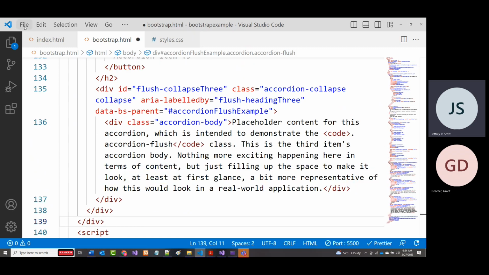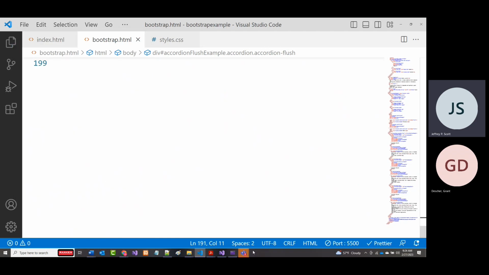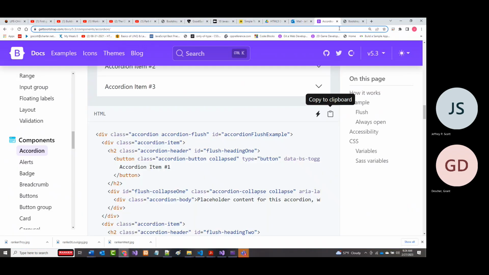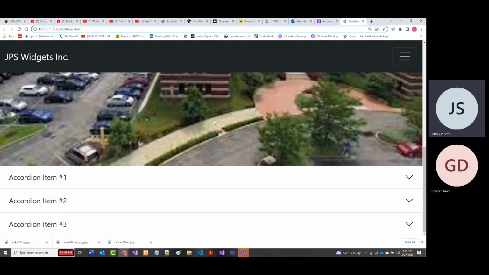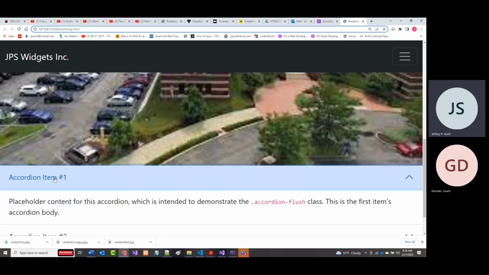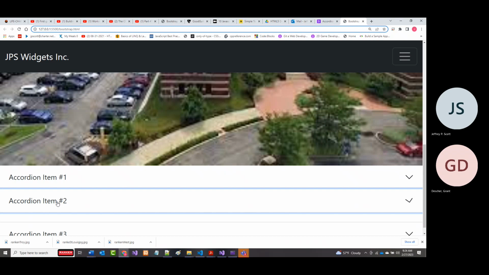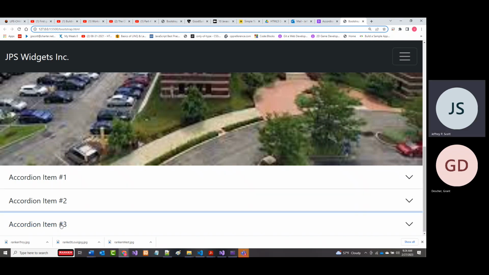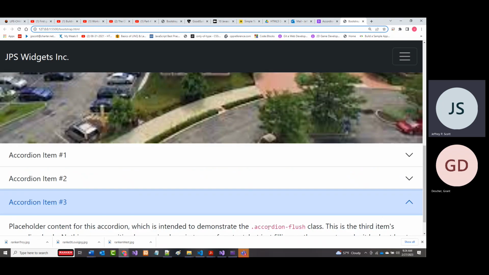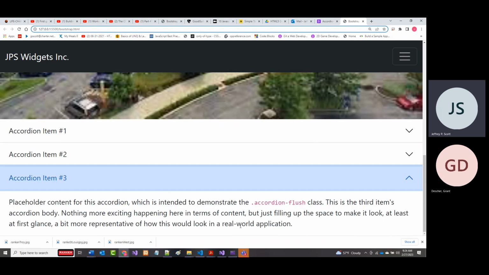Now it's all garbage text, but we could save this to make it say whatever we wanted it to say. And when I come back to here, we now have an accordion. And the key thing to tell you here, the key takeaway, and I've got to make my screen bigger. There it is. The key takeaway is